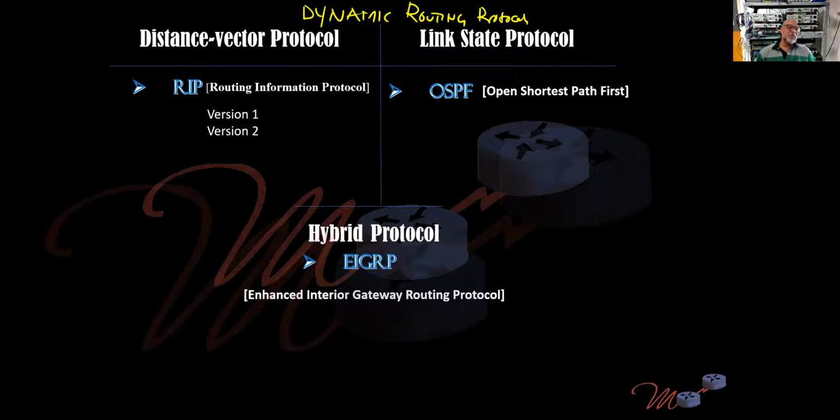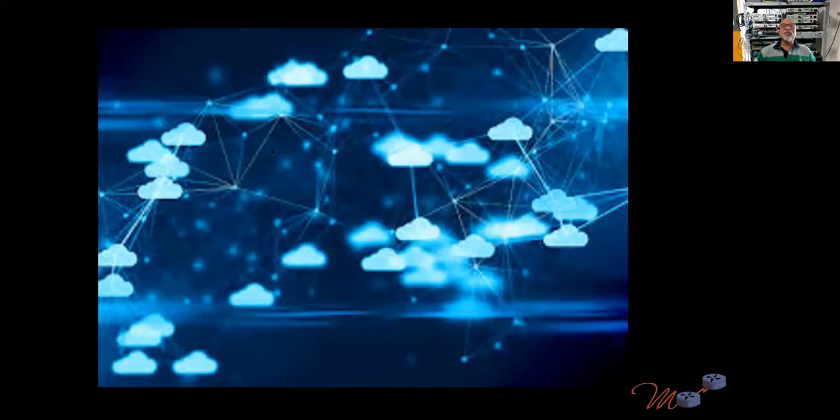See now, go to this diagram. If this is an internet environment, say for example, this is VSNL, this is BSNL, this is Reliance, this is Airtel, this is Tata Tele. So like that, there are multiple service providers. Somewhere here Singapore Telecom, somewhere here AT&T, Verizon, Megapath, so many are there. Now they all are connected at some point. So it's a huge network. So you can't manually configure it.